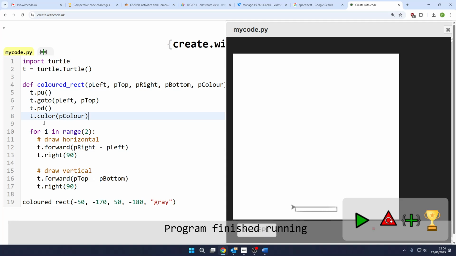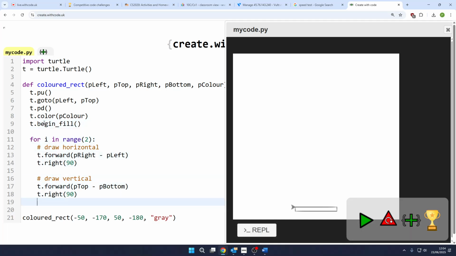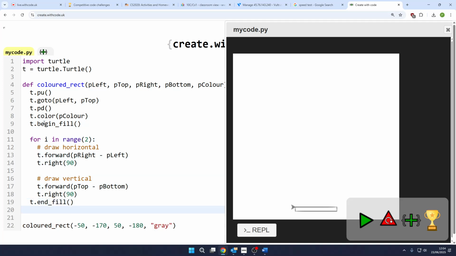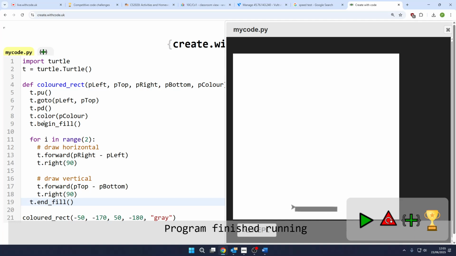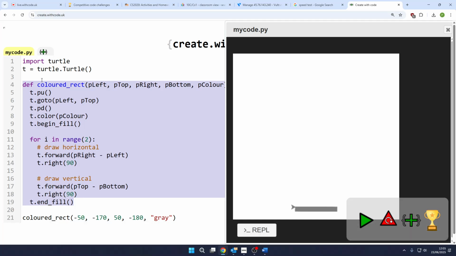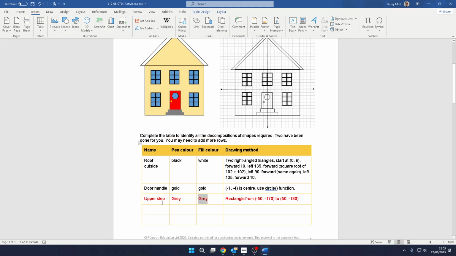Oh, I did get the right spelling for grey. And t.begin_fill, and once I've finished the whole shape, so unindenting, will it work? Yes, good. So the beauty of doing your own subprograms is that once you've defined how to do a coloured rect or whatever shape it is that you want to do, you can then do that as many times as you like, because hopefully